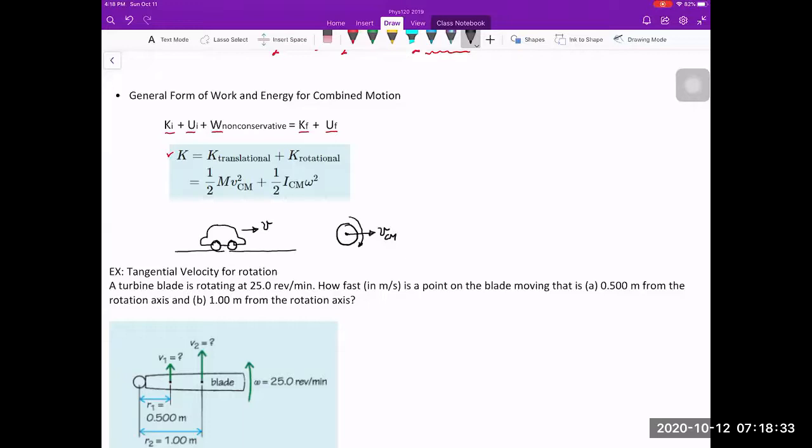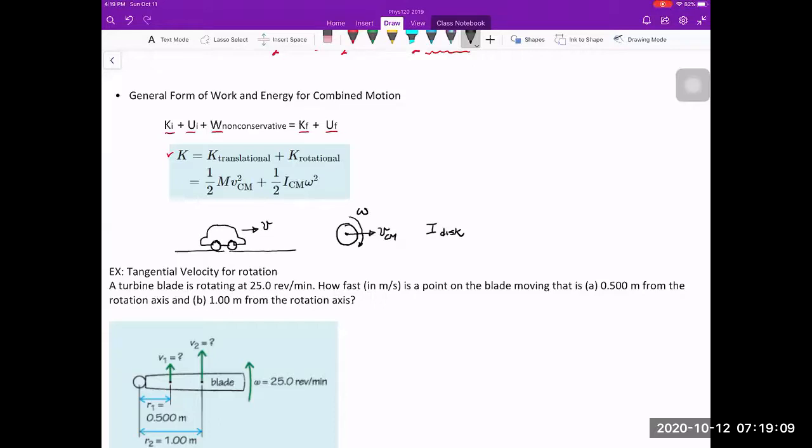At the same time, you have omega. This omega is how the tire is rotating. So if this is the case, then you cannot simply use the translational kinetic energy. You also have to add the rotational kinetic energy, where the I sub cm is going to be what? If the tire can be simulated as a disk, then your I is going to be the I of the disk,